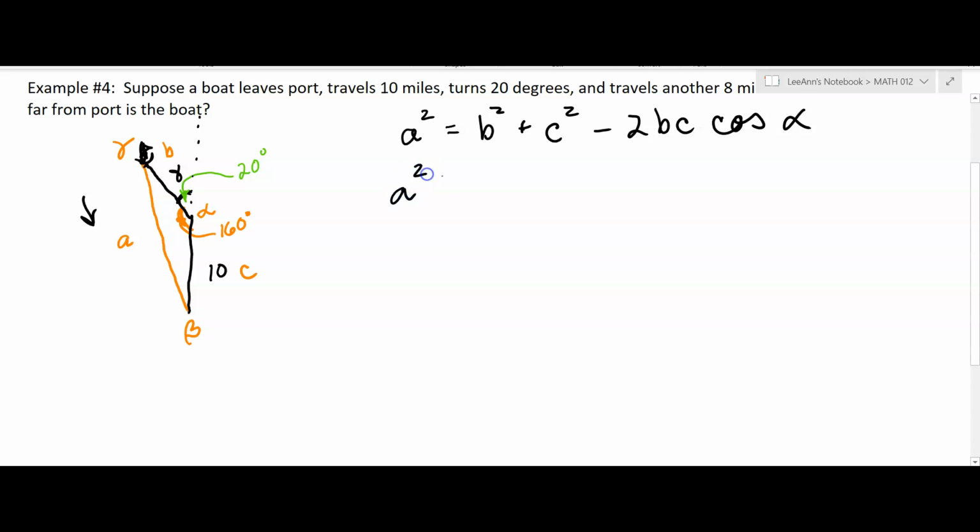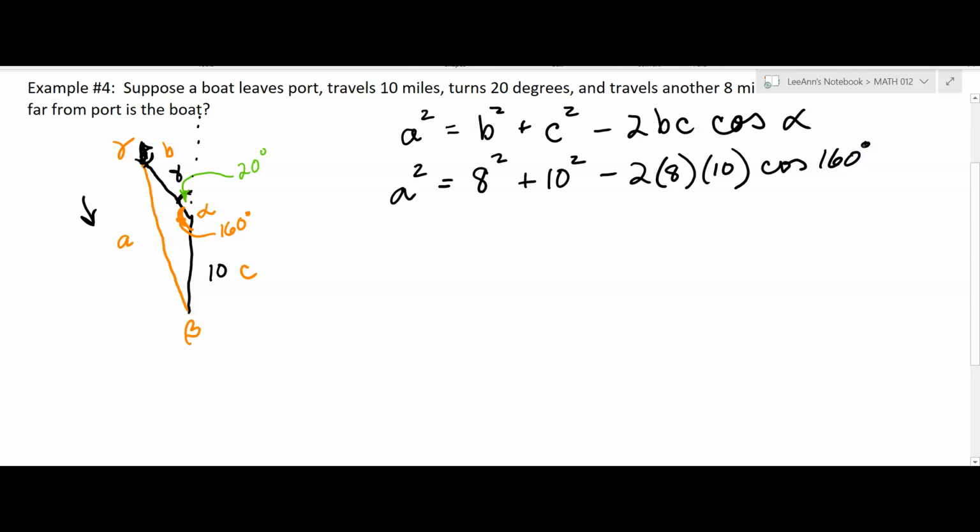Okay, so let's pull out the law of cosines. We're trying to find this right here, A, and we have A squared equals B squared plus C squared minus 2BC cosine alpha. I kind of wish I would have labeled it differently because it seems like we always use this formula, but it's okay. So A squared is going to equal 8 squared plus 10 squared minus 2 times 8 times 10 cosine